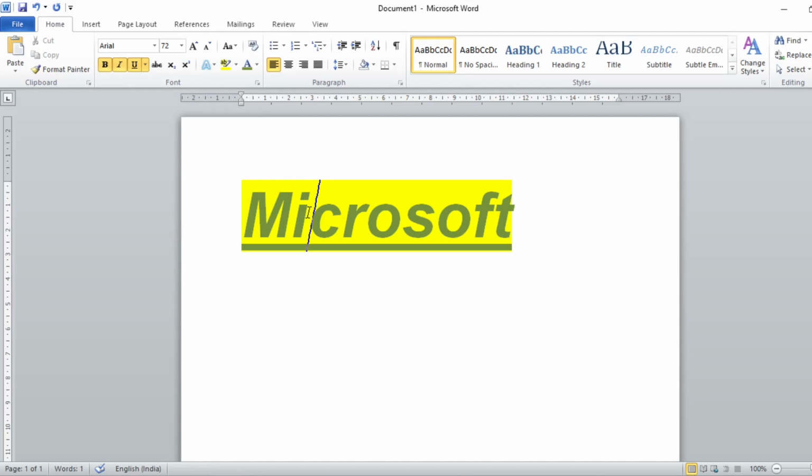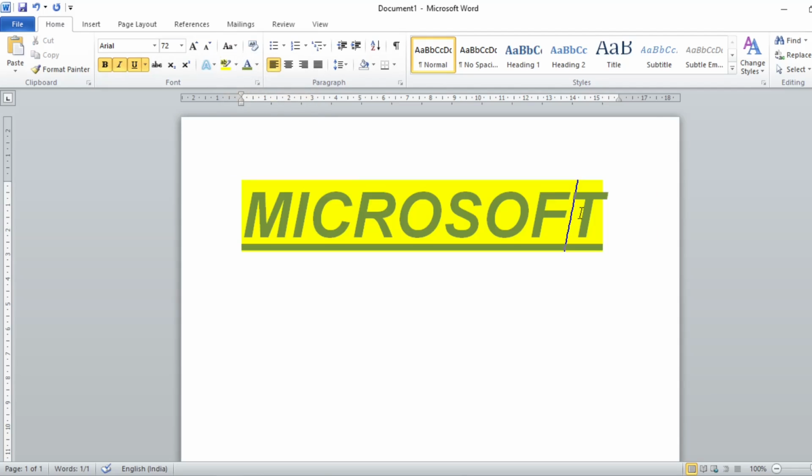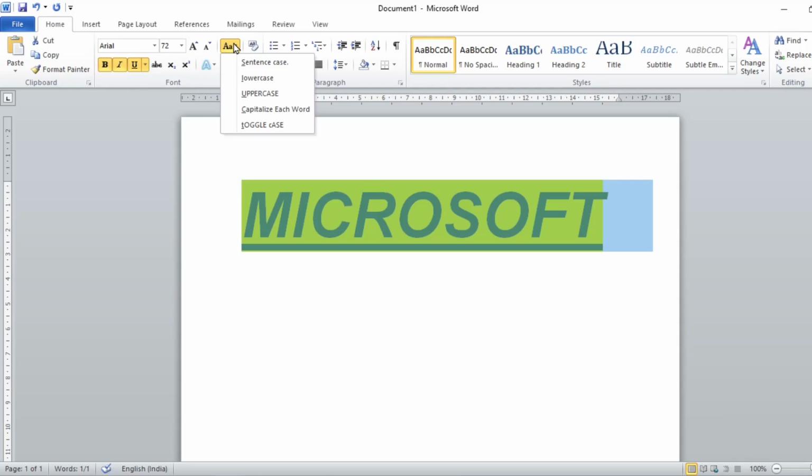For example, if you want to make it capital letters, you can just select over here and give uppercase. So now it will change to uppercase completely. Sentence case is there, lowercase is there, uppercase is there, capitalize each word, and toggle case are also there. So you can select the desired style which you want.